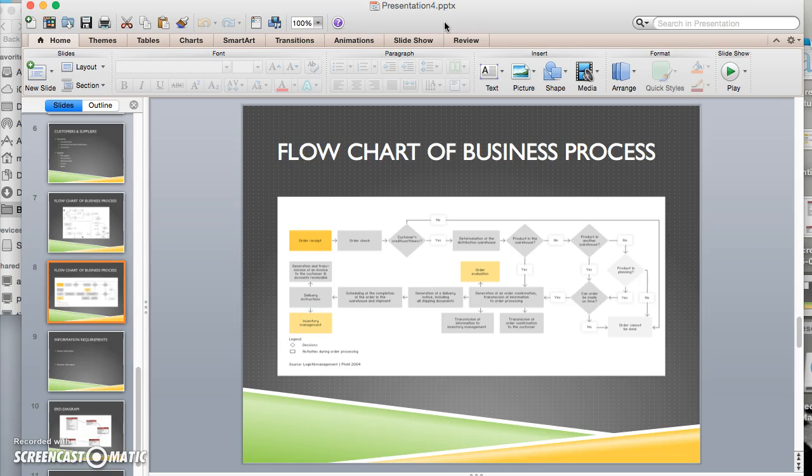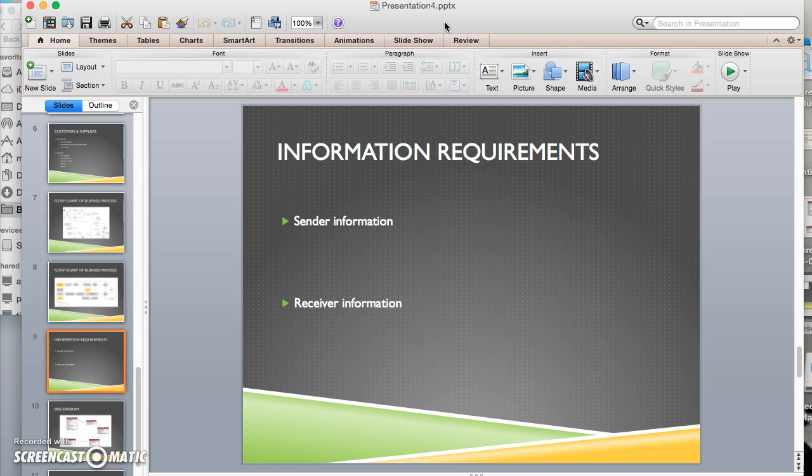And then from that point, the transportation documents will be prepared. Here they need to see how they can ship or transfer the product best, and then the invoicing follows, which means the credit burden of the customer needs to be checked, and in the end, the customer, the receiver and the sender will get a confirmation email. And then here the information requirements of the customer, which means they both need to fill in